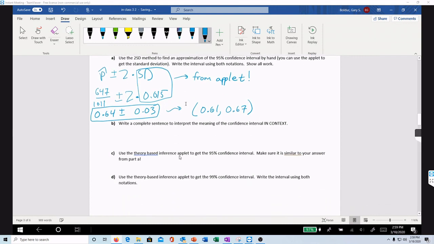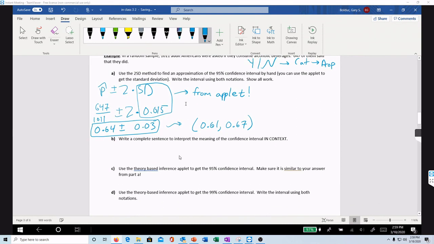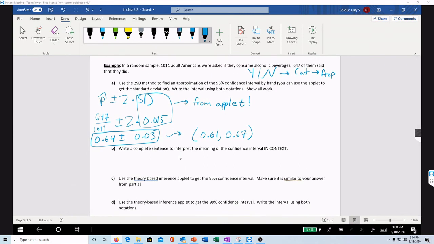Okay. Write a complete sentence to interpret the meaning of the confidence interval in context. So we can start these always the same way. In this case, this was a 95% confidence interval because we're doing the 2SD method. So we are 95% confident